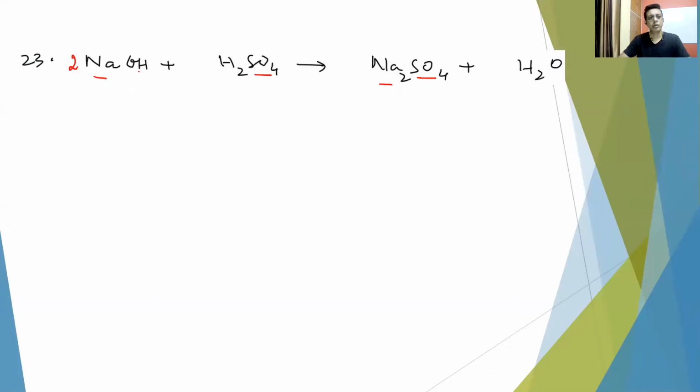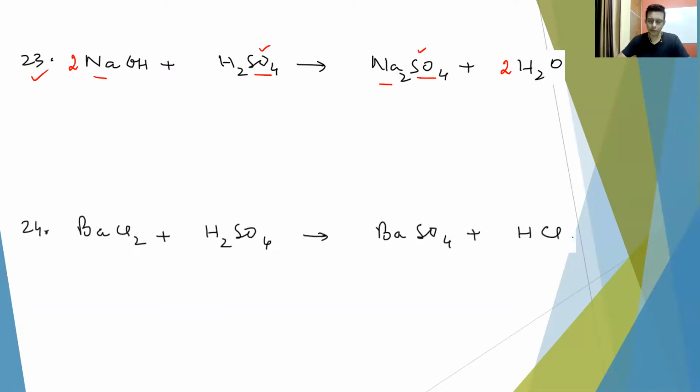Then hydrogen becomes 2 plus 2, 4, and this side is 2. So place 2 here. Hydrogen is balanced. Now see oxygen. This is 2 oxygen and this is 2 oxygen, because sulfate is already balanced. So this 2 oxygen is balanced with this 2 oxygen. I'm doing it first. You can stop the video and try balancing and compare with me.